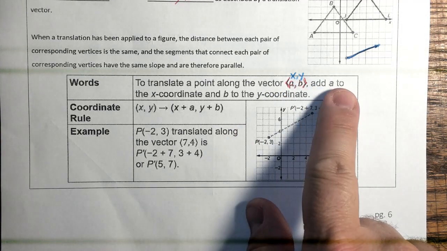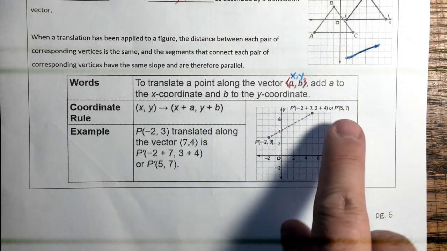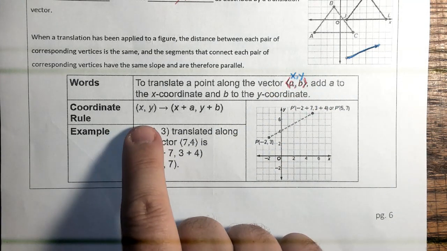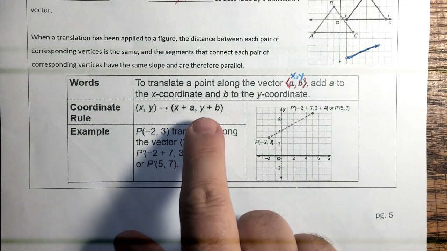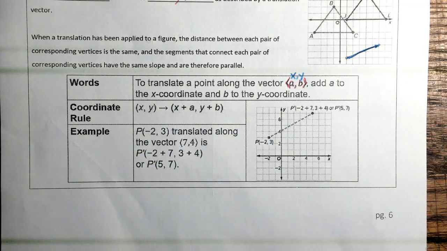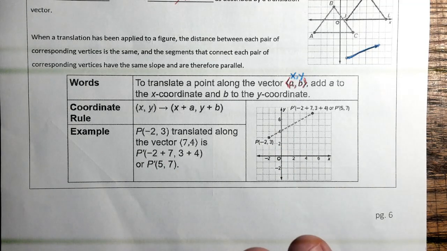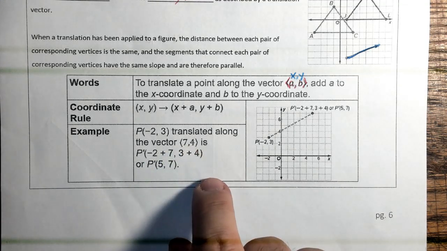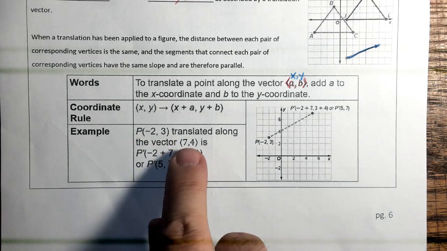All right, so we add a to the x coordinate and b to the y coordinate. And that's kind of why I did that. So our coordinate rule for this, (x, y), is (x + a, y + b). Our example: P is at (-2, 3), and it's going to be translated along vector <7, 4>. The new point, P prime, is -2 plus the 7,